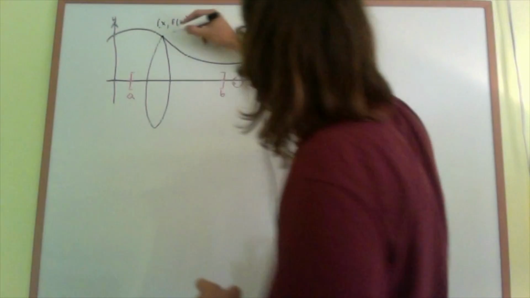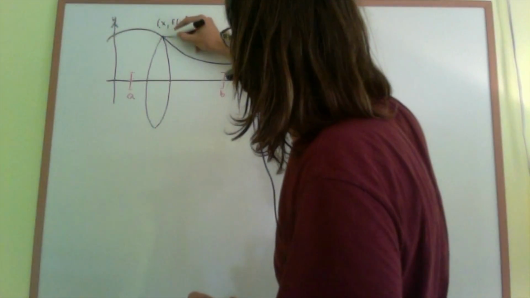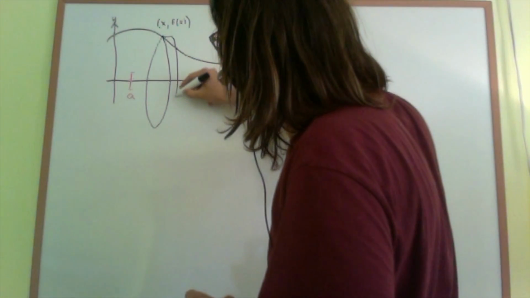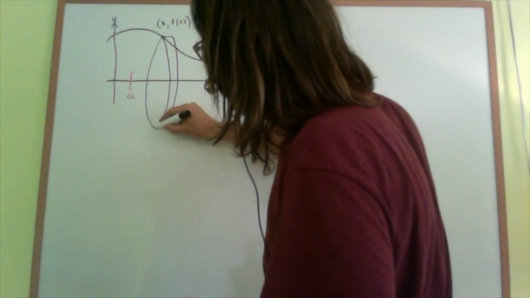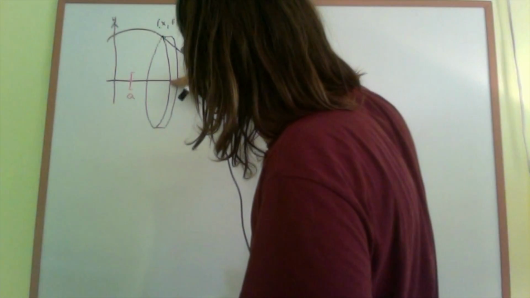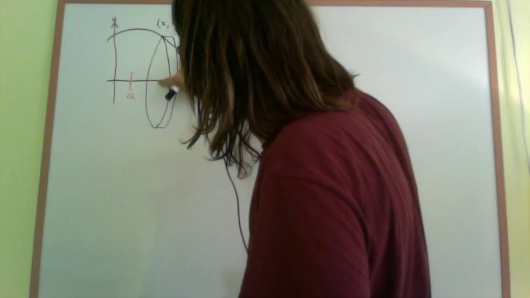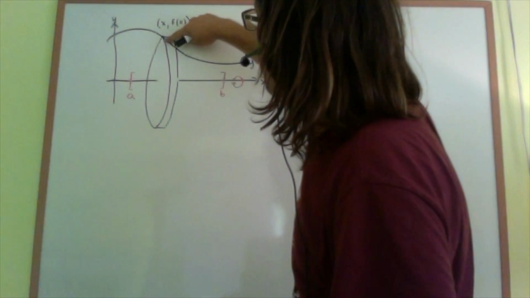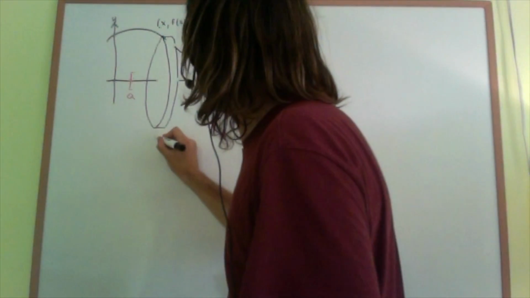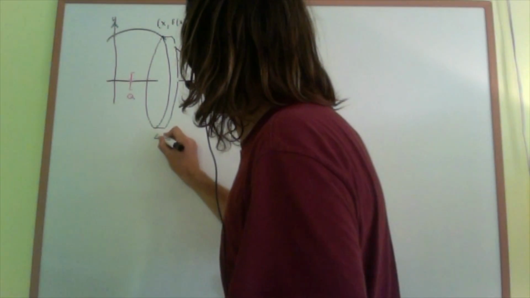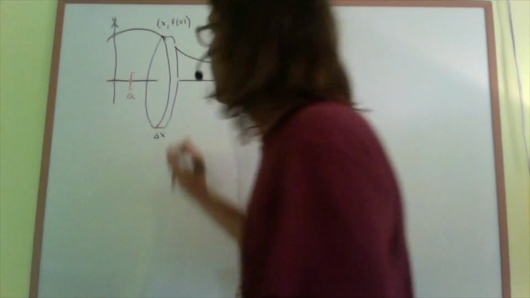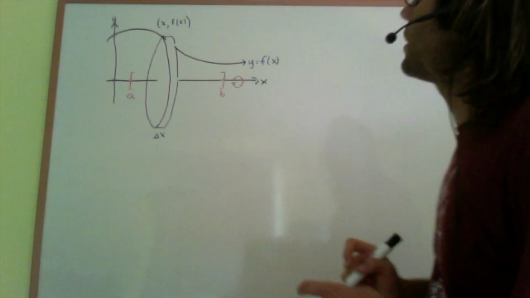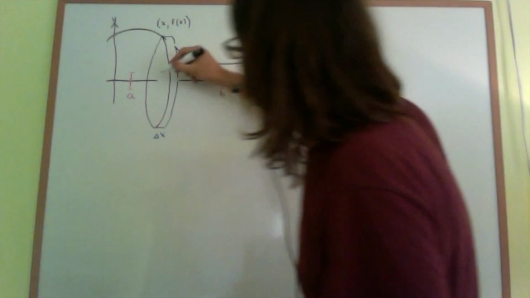And this disk has a little bit of thickness like that. And I'll just go ahead and erase this. It makes it look more three-dimensional. And we say the thickness of this disk is delta x. Okay, well, so if the radius here